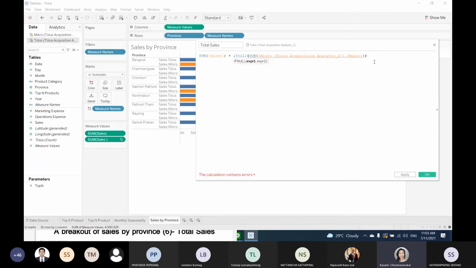Okay, go to micro. Why is it not? Okay, let's just try sales. Try type sales. Okay, let's just try completing it, comma. Can you click on the calculation contains error like the below? Okay, can you